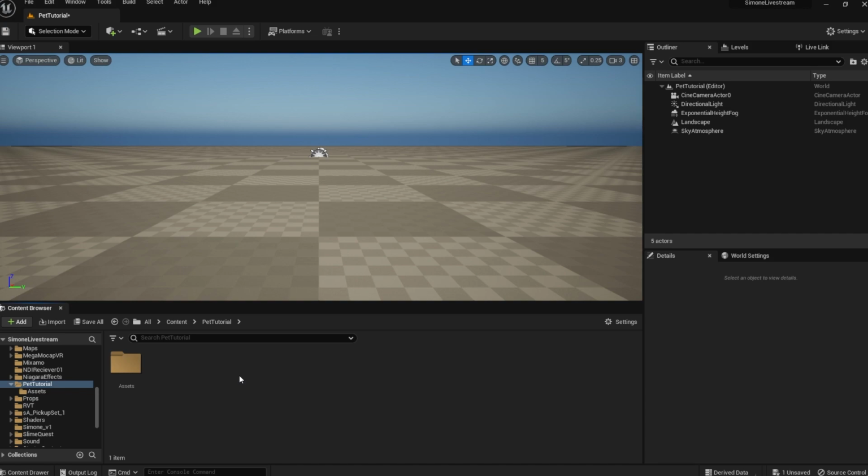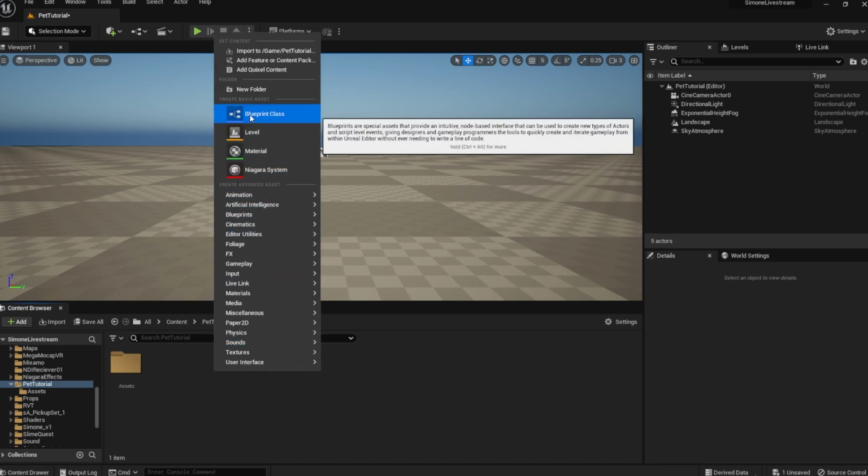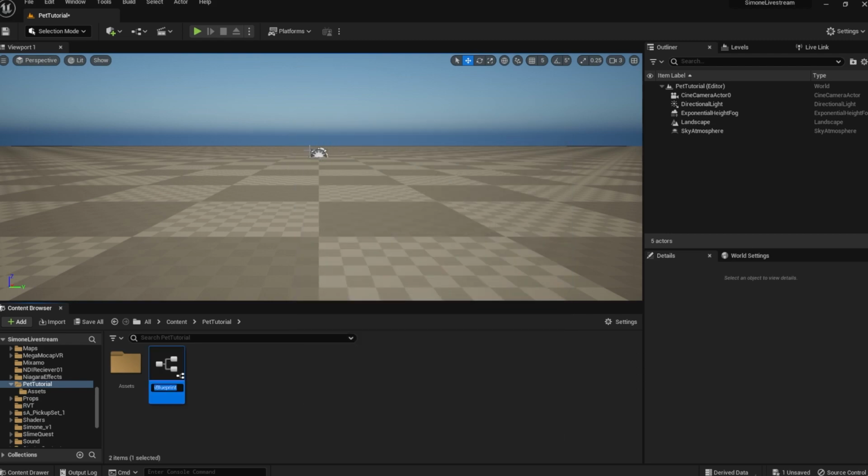Alright, now we can finally get to some blueprinting. First, we're going to make our Twyworks manager. It's going to connect us to Twitch and keep track of interactions. So add a new blueprint class. You can just make it an actor. We'll call it something like BP underscore Twyworks manager.